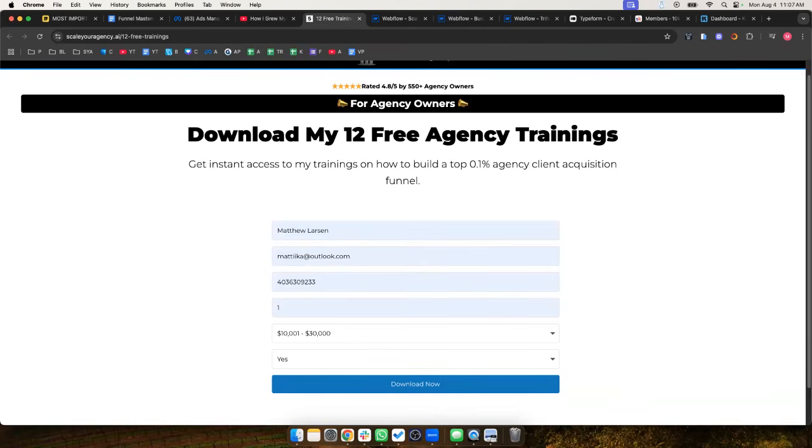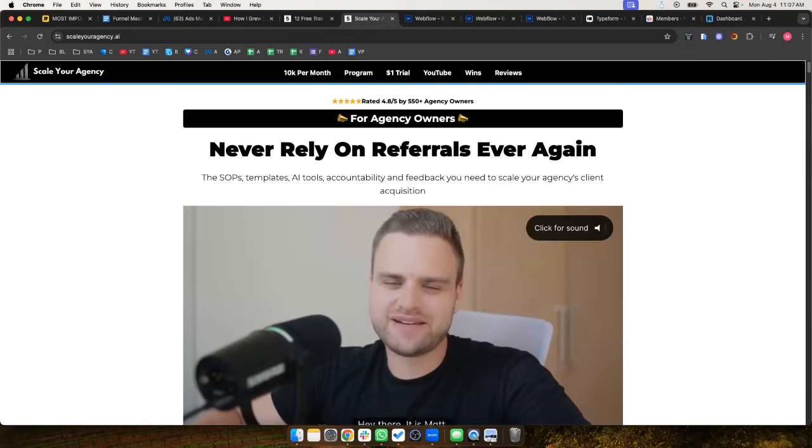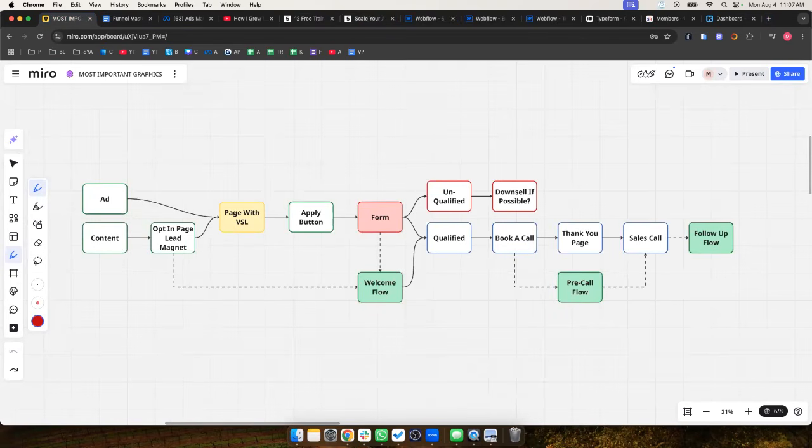They've become a lead. I wouldn't say they become a very good prospect yet, but now we have their contact information. We can contact them. We know their name, their email, their phone number, their website, that kind of stuff. Then they would click download now. I am not going to do that in this process just because this is for demonstration only. But if they do that, they will be redirected to this page, which is the sales page. So now they've done here, and now they've been redirected here. You can follow the arrows.